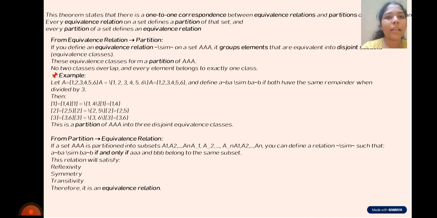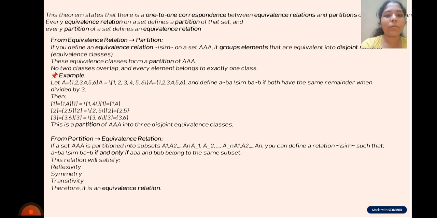This theorem states that there is a one-to-one correspondence between equivalence relations and partitions. Every equivalence relation on a set defines a partition of the set, and every partition of a set defines an equivalence relation. From equivalence relation to partition: if you define an equivalence relation similar to on a set A, it groups elements that are equivalent into disjoint sets. These equivalence classes form a partition of A. No two classes overlap and every element belongs to exactly one class. For example,